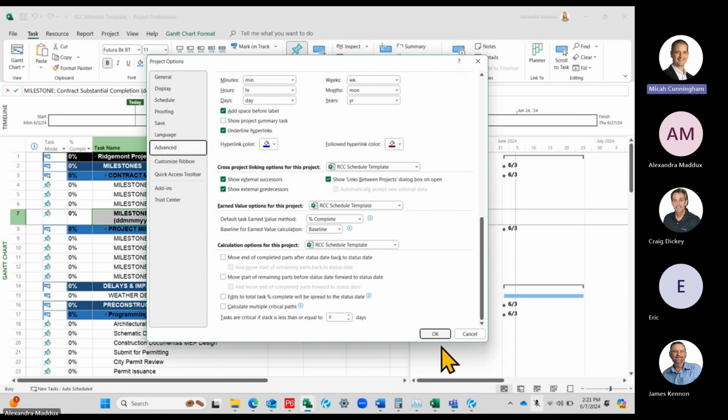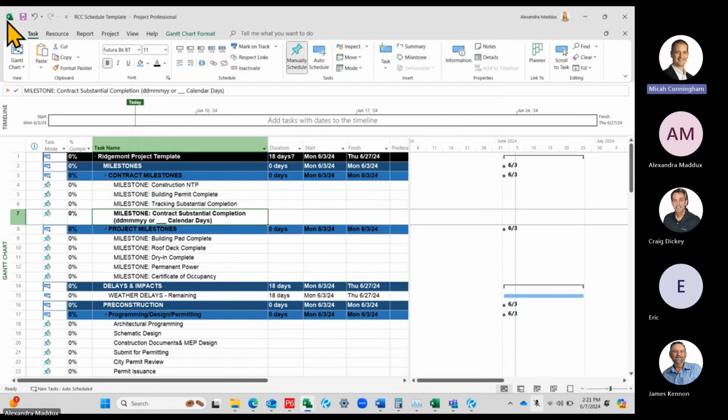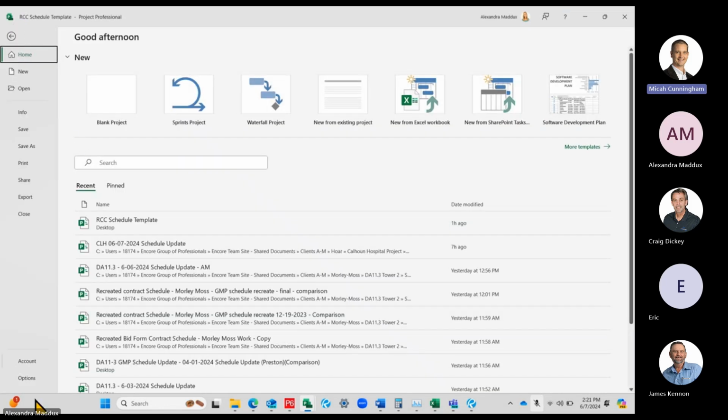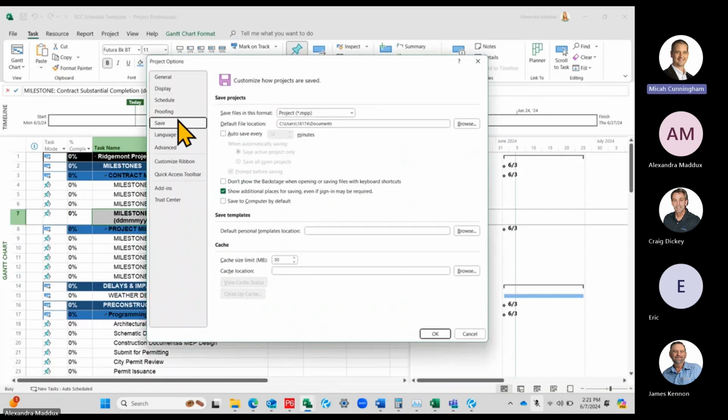All right, awesome. So those are the options that are in the file ribbon. Any questions on anything that we looked at here? One question on the autosave options. Sure. Someone was asking me that they turned off the autosave,